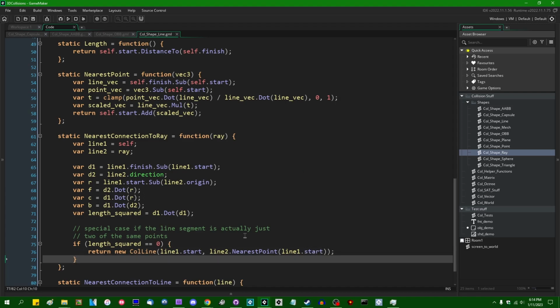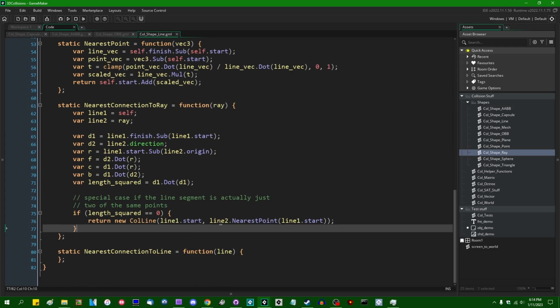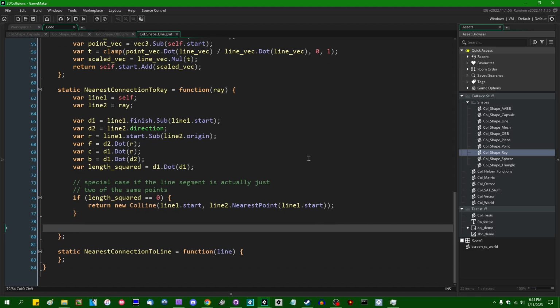Okay, so if the start and the end points of our call line are just the same point, then the nearest connecting line to the ray is going to be the nearest point on the ray to the start of the line. Just return a line segment between those 2 points. Okay. Next, I'm going to define a few more variables,